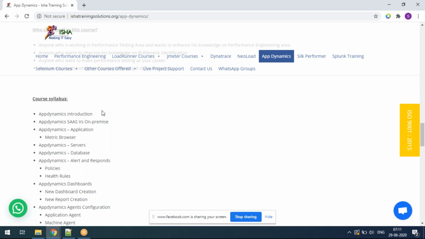We can use the APM tools to get this metric, and also this alerting system. Because if there is a problem in the infrastructure, a CPU utilization problem, a memory utilization problem, some garbage collection problem, all those things are happening in the infrastructure. Traditionally, the infrastructure support people will be working 24/7, sitting in front of the machine monitoring the CPU and memory.